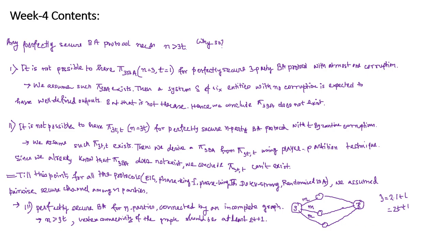So if that is the case, then the sender will send the value m to the receiver R through all the available 2t plus 1 paths, and then the receiver will take a decision on the received value depending on the majority value that is received through the 2t plus 1 wires. And since at most t wires can be under adversarial control, t plus 1 wires